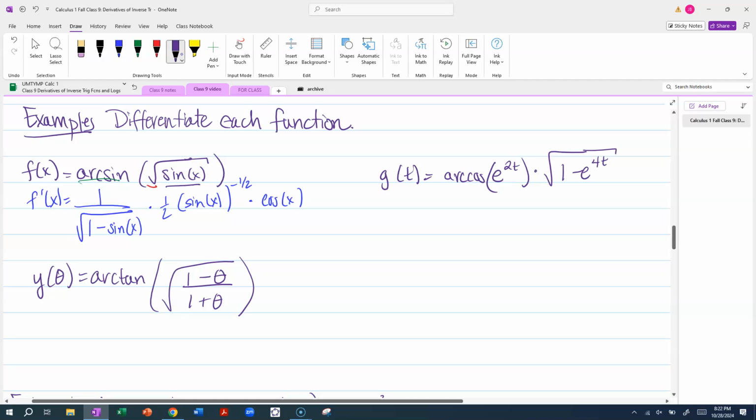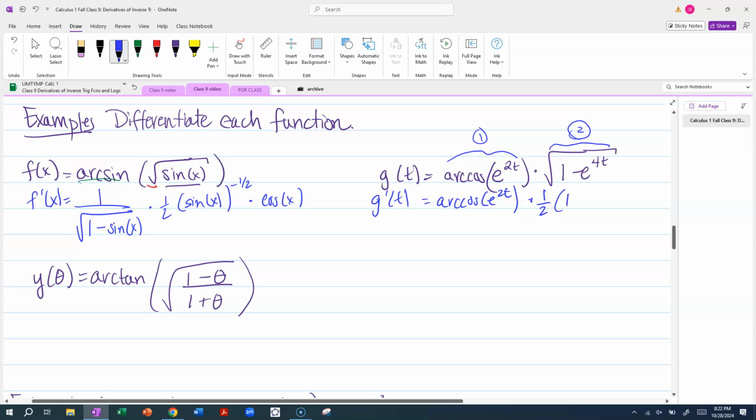Okay. Next one, as I look at it, this is a fun product rule with several chains in it. So this is my first function. This is my second function. And so I need to do the product rule, which I remember as 1d2. I keep the first one alone, e to the 2t, and then multiply by the derivative of the second, which is multiply by